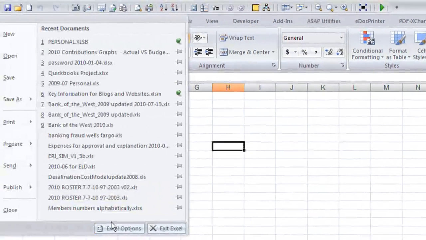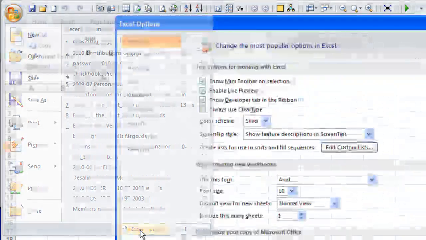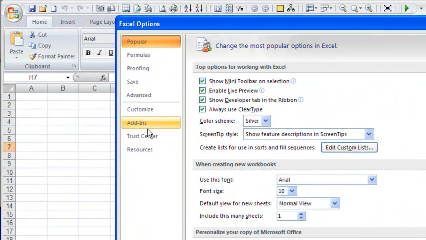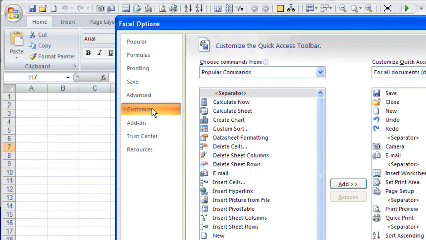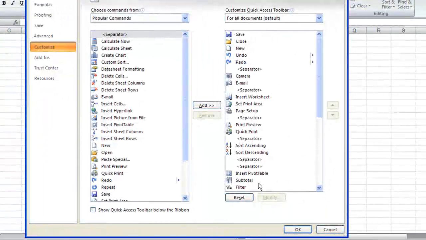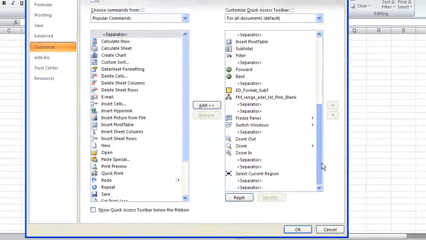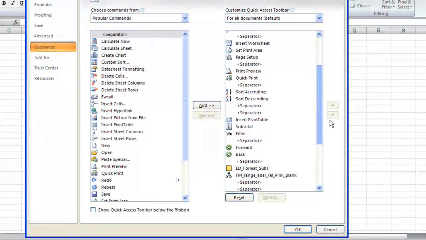So we'll go back just so you can see it happen again. There's your Excel options. I've shown you how to do the add-ins, and now here's where we mess with the Quick Access toolbar. And I've picked these particular items for my toolbar, found them to be quite effective,